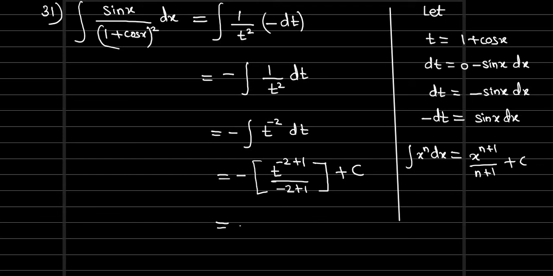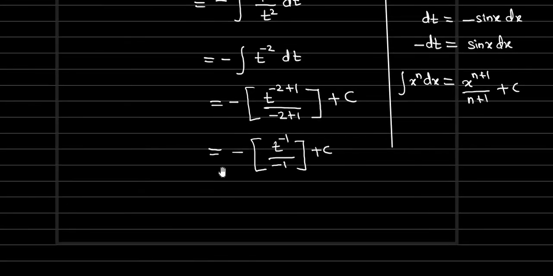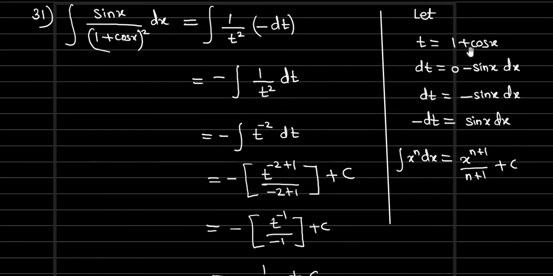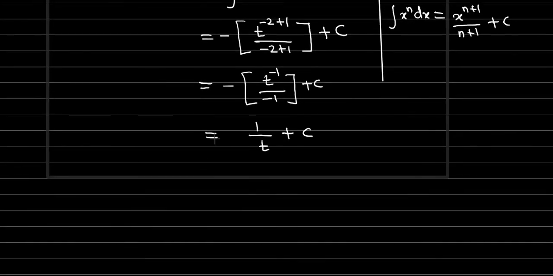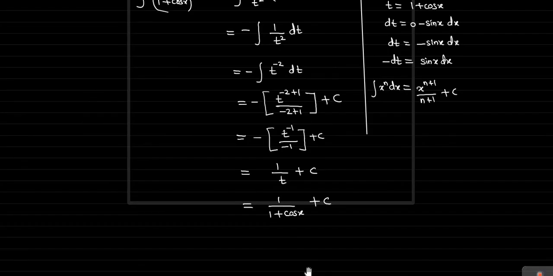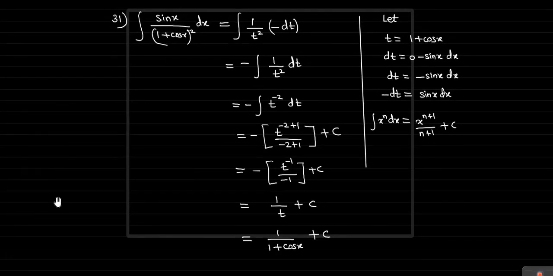We need to add plus 1 and the same power we have to repeat in the denominator, since it's an indefinite integral, plus constant c. Now simplification. t power minus 2 plus 1 is how much? Minus 1. Here also minus 1, plus c. Now this minus minus we can combine. So minus minus what? Plus. It will cancel, no? Plus. So now t has a negative sign, so we can take it to the denominator. So 1 by t plus c. What is the t that we considered? 1 plus cos x. So substituting t as 1 plus cos x, and then plus c. That's all, the solution of the 31st sum.